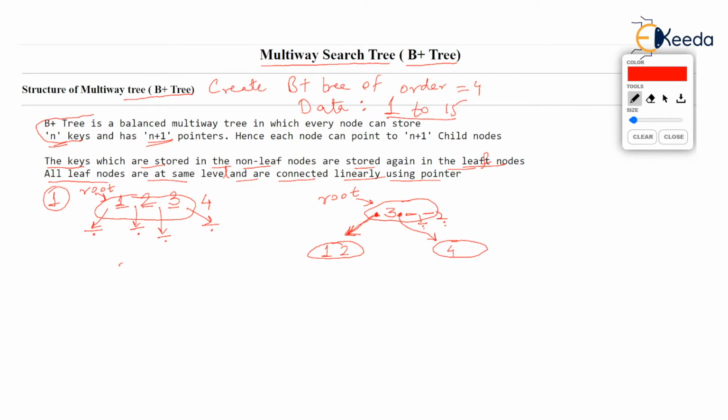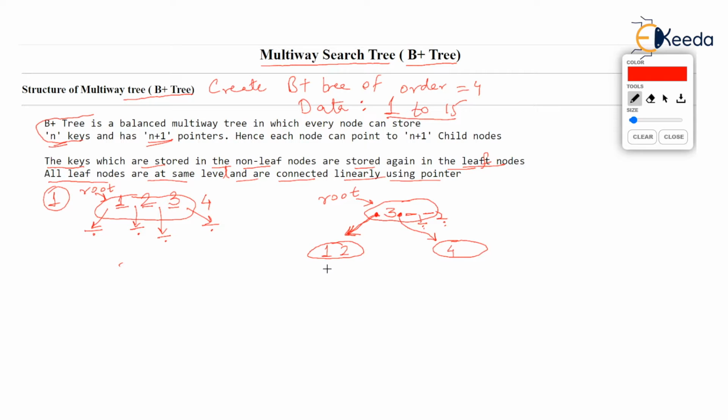Okay? So we have completed the split and propagate process. But is this a B plus tree? Wait. This is not a B plus tree. Come on. This is a B tree. In a B tree, values are either stored in the non-leaf or in the leaf. Values are not duplicated in a B tree. But this is a B plus tree we are constructing. In a B plus tree, whatever values are there in the non-leaf node are again stored in the leaf node.